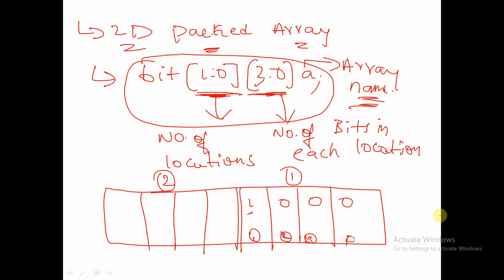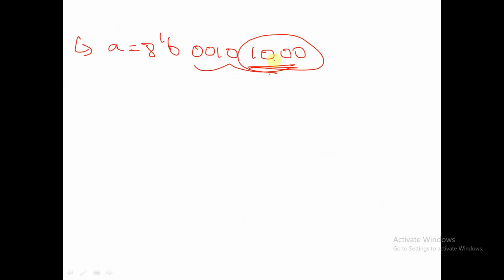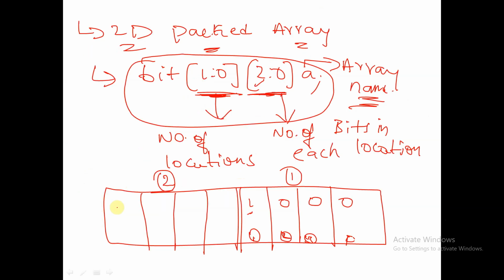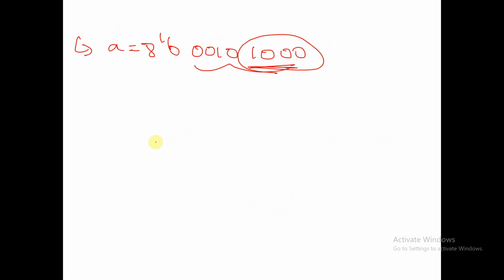So in location 1, we will have the bits 1000, and in location 2, we will have 0010. So like this, in a packed array, the bits get stored if we mention it like this. And if we want to access location 1, then we will write